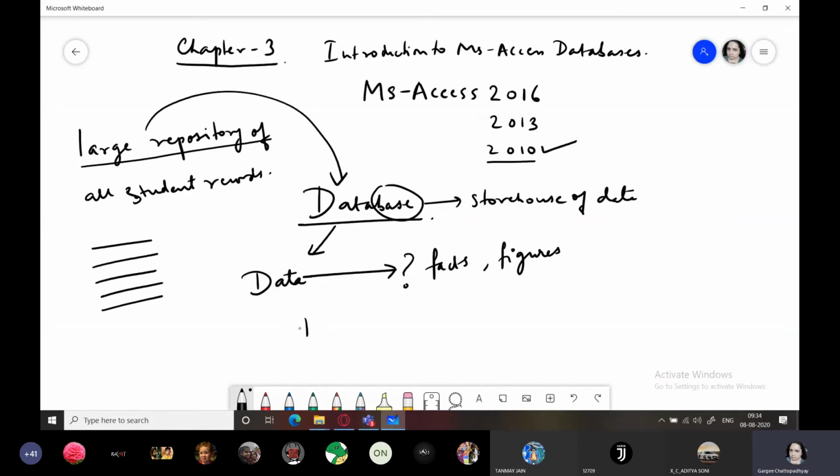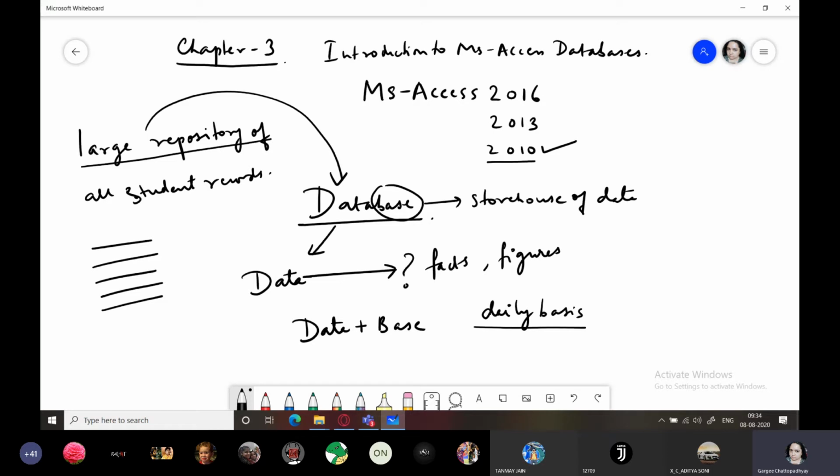So data and base. Combine them, it forms a huge repository of data, which is collected on a daily basis. I'll give you another example. You visit a hospital and there you need to provide your name. You have brought somebody to get admitted in the hospital. So the operator sitting at the reception will simply give you a form. You will fill the form, and the operator will take that and fill in all the necessary details.